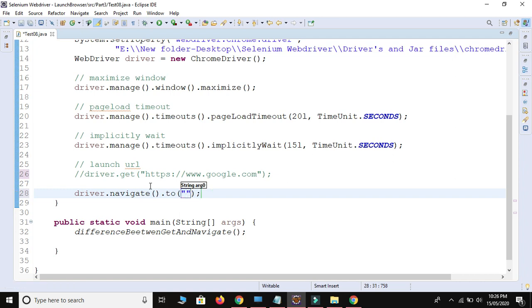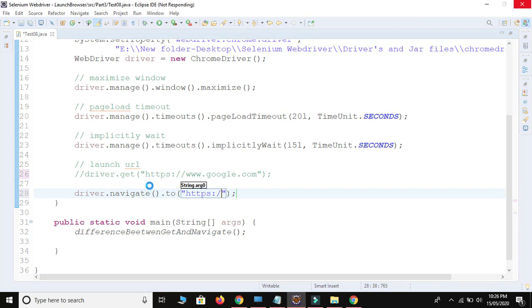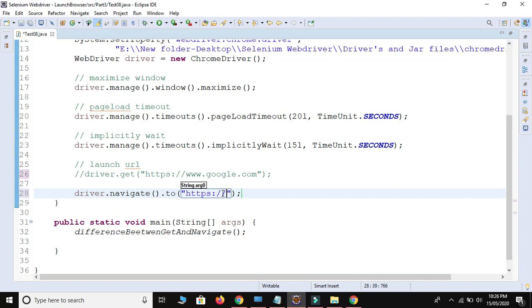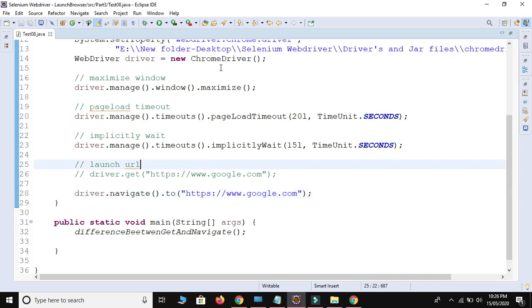So this is https://www.google.com. Control Shift F and Control S to save. So let me run this code. Okay, it will launch Google.